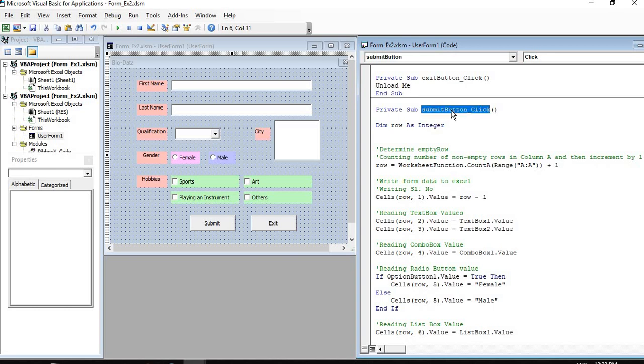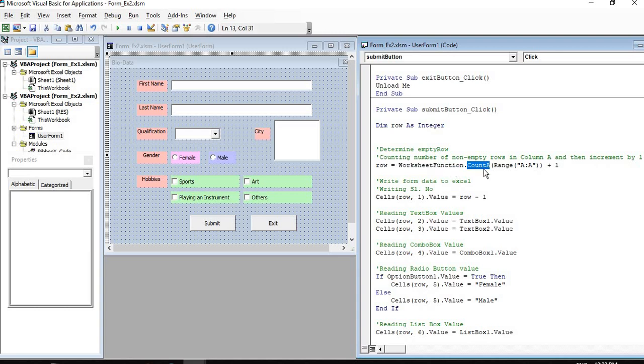Then the submit button. I have taken the name of this submit button as submit button, and the click event is taken for this. In this also, the first thing I am doing is the same as in form initialize, the same statement is used here.